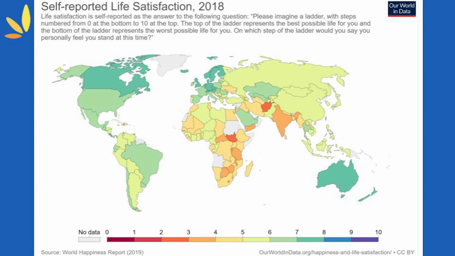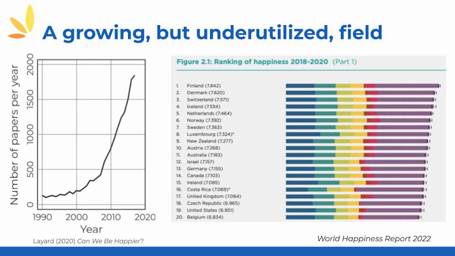This is a map of life satisfaction in different parts of the world. It has the familiar picture of countries from more to less developed, so it seems like there's approximately a unified scale going on. Happiness research really started only after the Second World War. It's been really picking up, and now people know, for instance, that the Scandinavian countries are the happiest in the world. But this World Happiness Report has only been going for 10 years.